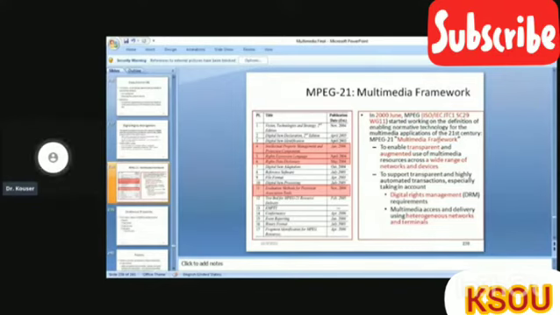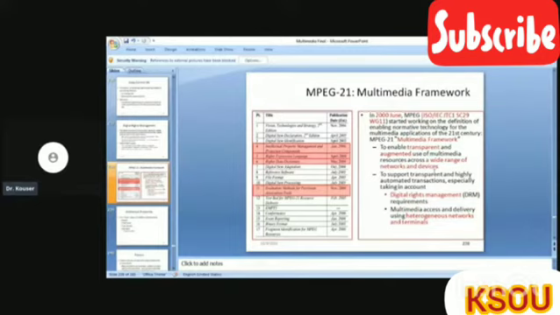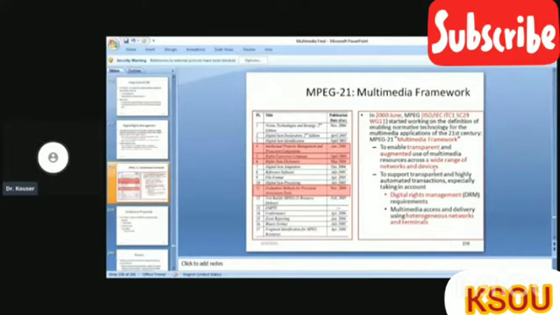This MPEG 21 is the multimedia framework which is used to enable transparent and augmented use of multimedia resources across a wide range of networks and devices. It also supports transparent and highly automated transactions, especially taking into account the digital rights management and also multimedia access and delivery using heterogeneous networks and terminals.